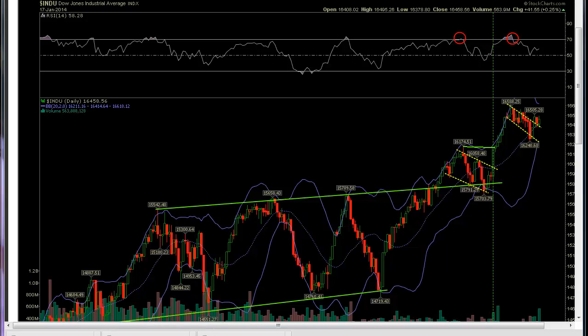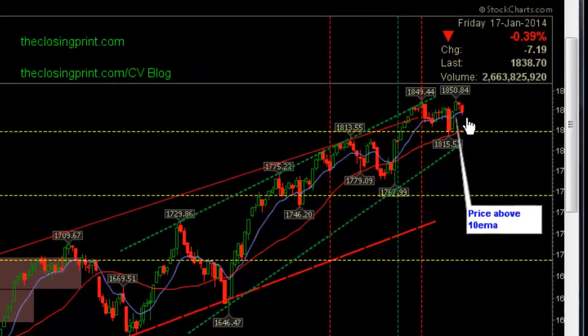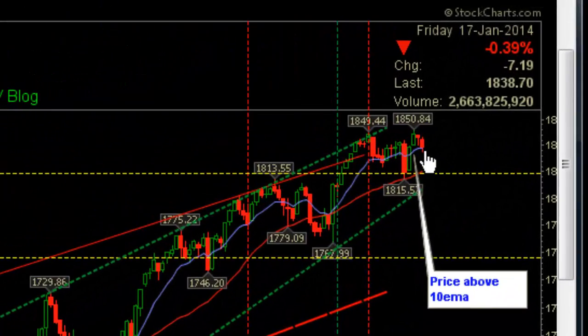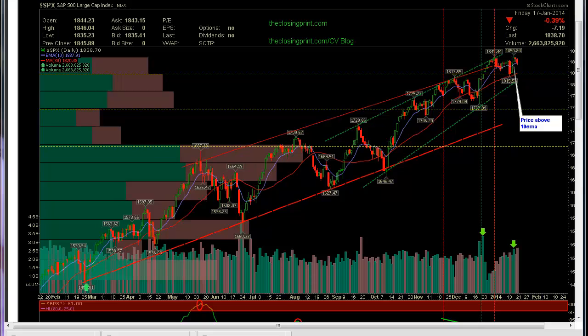stay bullish short term. This is the Russell. Prices are above the 10-period EMA, and we are above this recent high. So small caps are leading currently, as well as big cap tech. S&P 500 prices are right at the 10-period EMA on the close Friday, but we remain in this uptrend. I'd like to see a test of these recent highs here, 1849 and 1850 respectively, in order to stay bullish